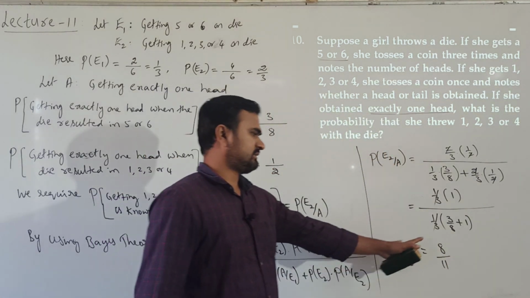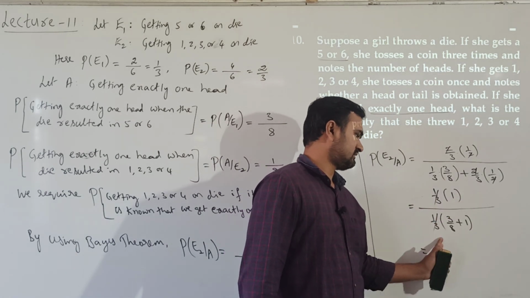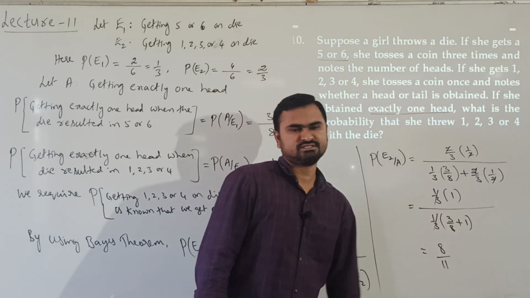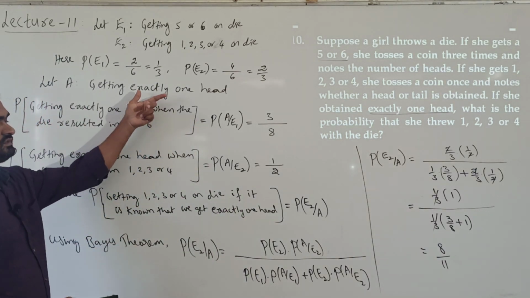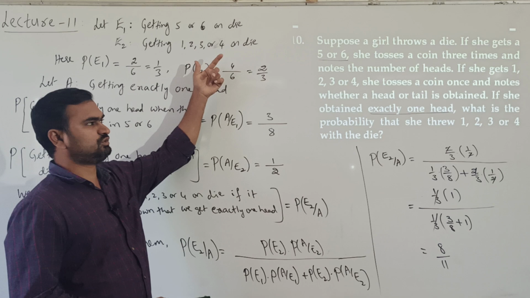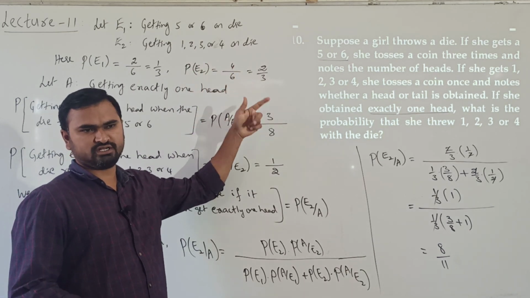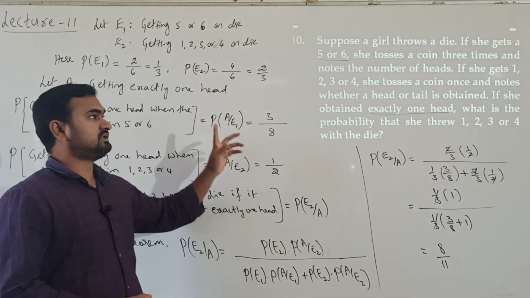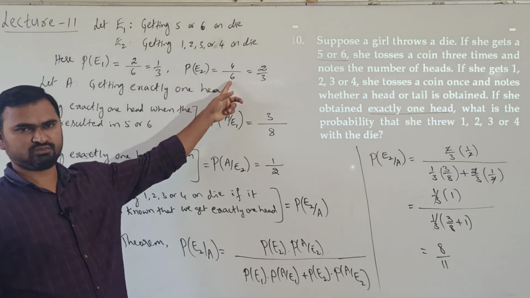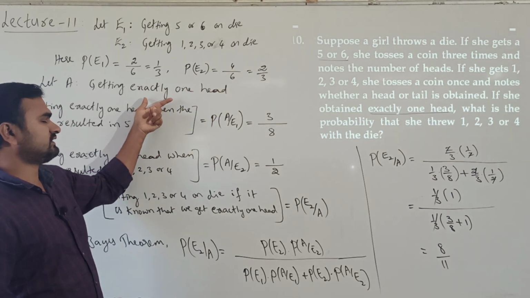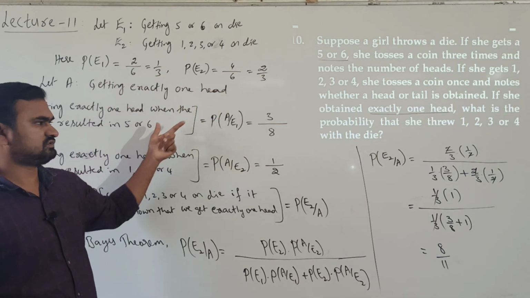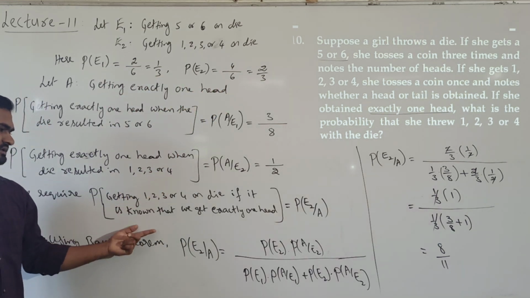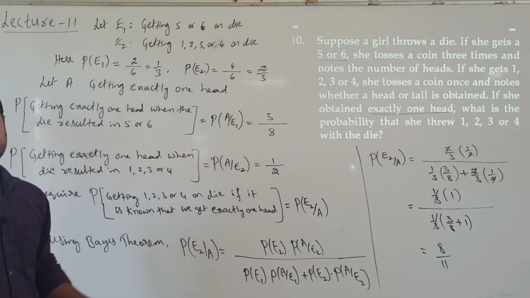Right, taking LCM 8 here, 8 will go to the numerator. So 8 by 3 plus 8, which is 8 by 11. Understand the method of solving? So clearly we have to understand what the two events E1, E2 are. It may be 3 events. Now in this case it is only 2 events, E1, E2. Now in that, what is the common event which can happen in either E1 or E2? So write the conditional probabilities, then using Bayes theorem we can solve this. Understand?